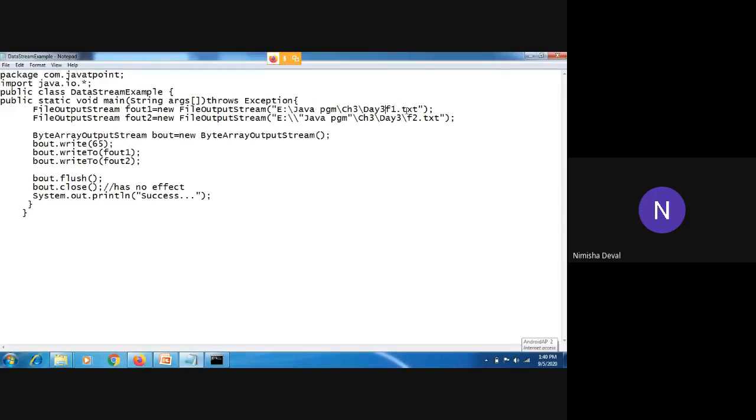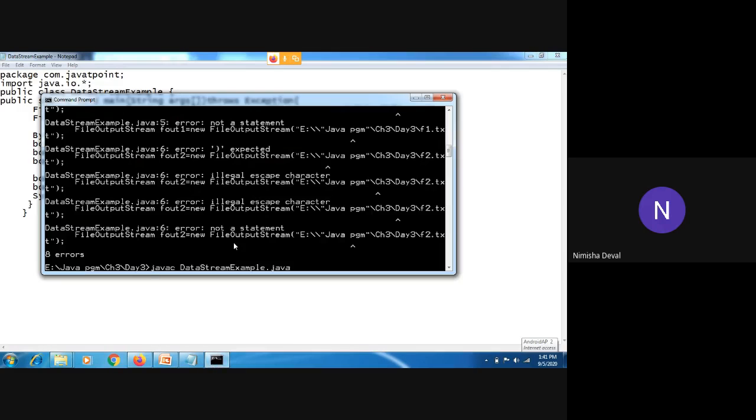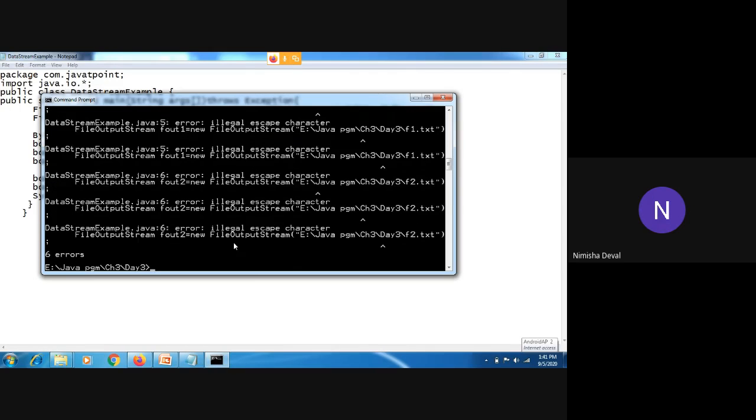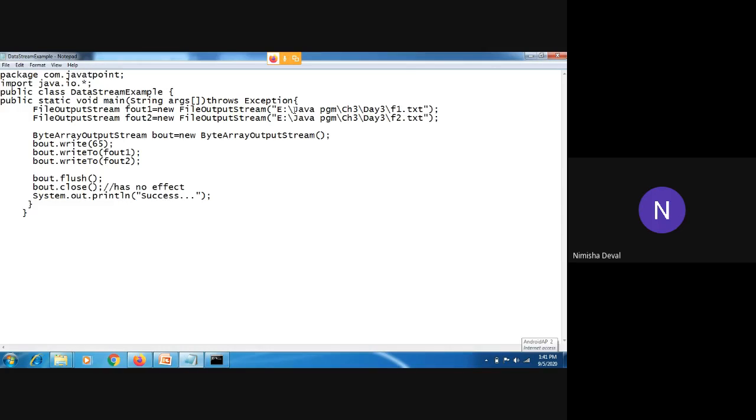Better option. By default, it is taking like this. Okay. Let's check it. No, the syntax is different to access such data.